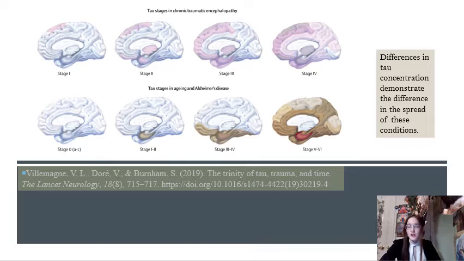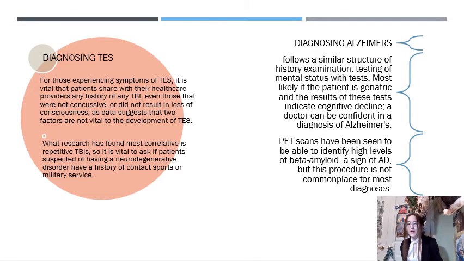Just wanted to look at this diagram quickly. That kind of explains the early onset symptoms a bit visually. So you see here that in TES we're going to start with the superior frontal gyrus, where you have impulse control and higher reasoning, and over time move over to the temporal lobe with memory. But conversely, in Alzheimer's, you're starting in the temporal lobe, in the entorhinal cortex with the hippocampus, where we have memory, and only later are you going to move on to the prefrontal cortex, where we have personality changes. We talked about some differences, now we're back to some similarities.